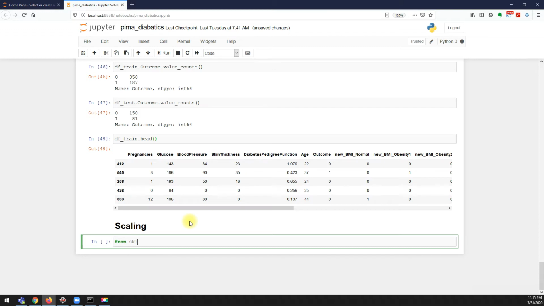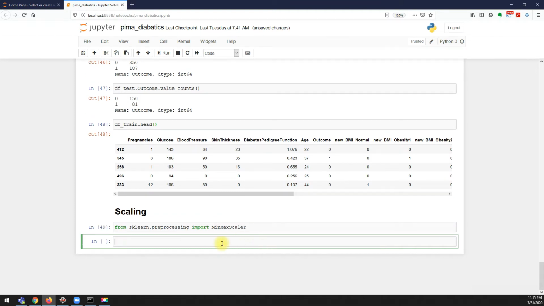If you're not sure what scaling is, please watch my previous video where I talked about different types of scaling and why we need scaling. You'll get more understanding on that. This min-max scaler is the scaler we are going to use.